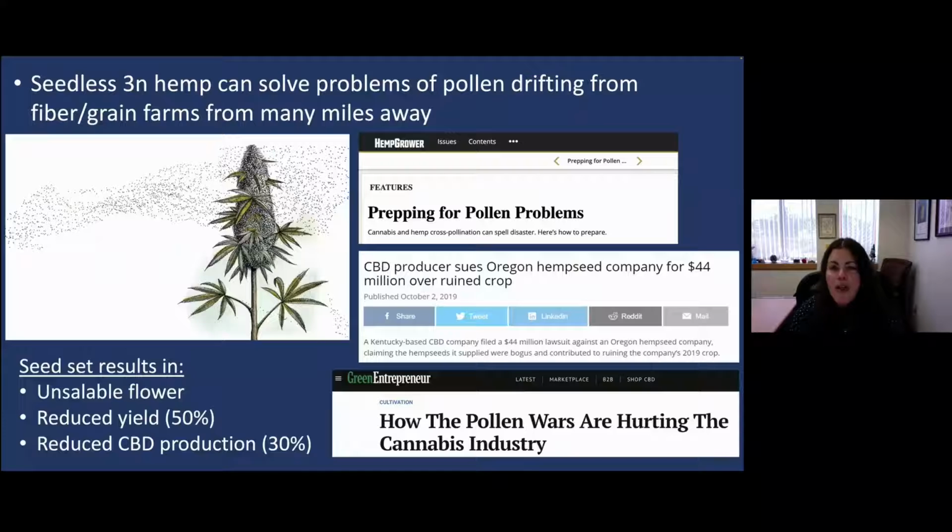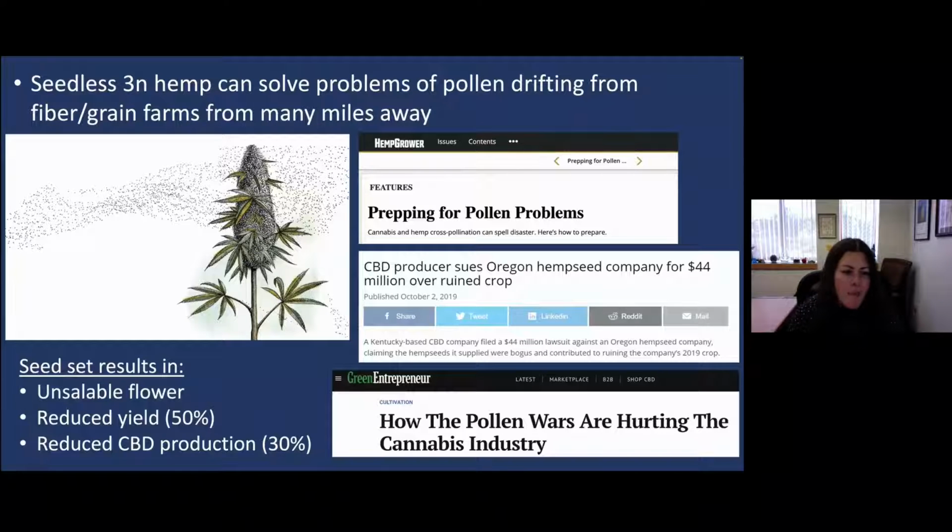If we could make seedless cannabis, it could solve the problems of pollen drift from fiber and grain farms, or that random male plant or male flowers that can just show up in a female crop and can travel for many miles. We know that this has been a problem in the industry, in the hemp industry and medicinal cannabis industry, as you can see here by these